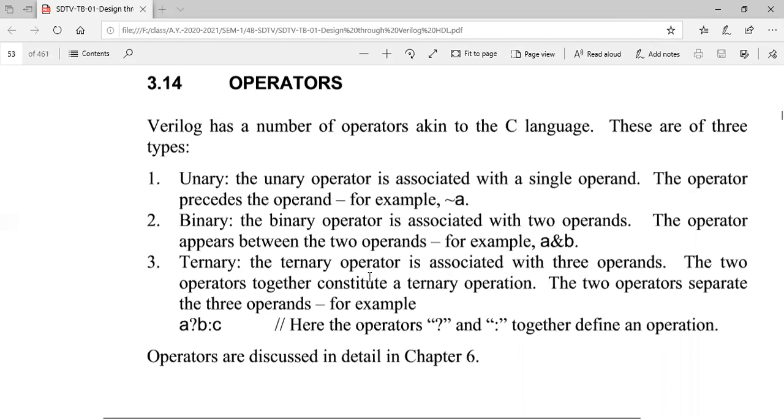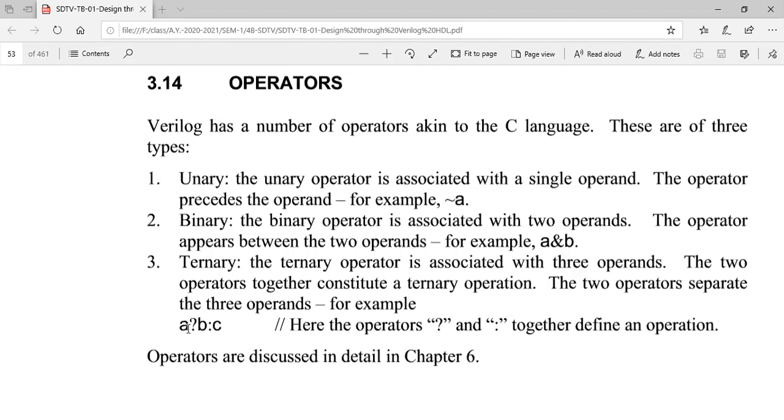A ternary operator is associated with three operands. Here A, B, C are the operands, and here the question mark and the colon are the operators. That means there is a conditional, just like some conditional operators. These things we have already seen in the C language also.